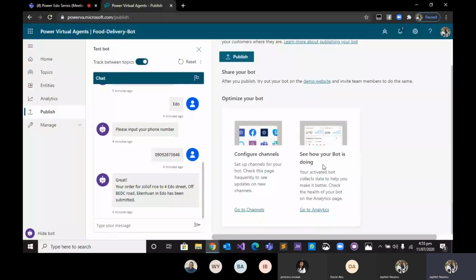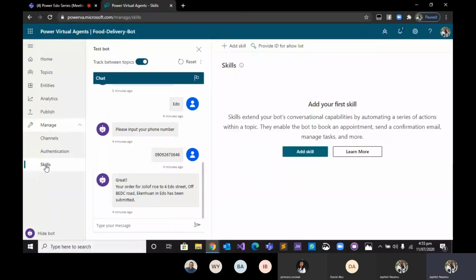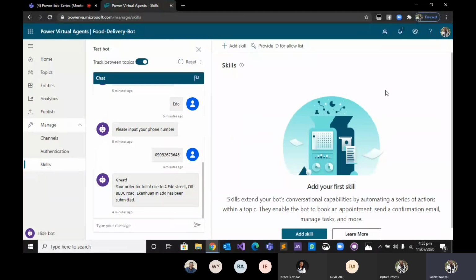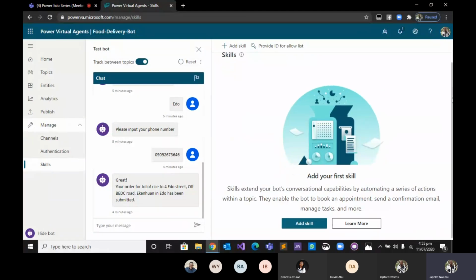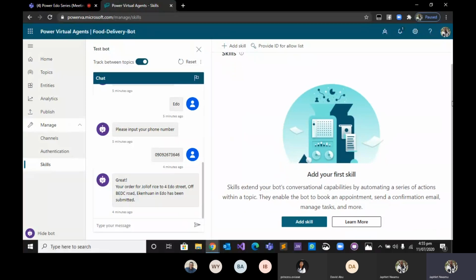Now next, you can always see how your bot is doing, like I mentioned earlier. A few other things I need to mention. You can add some other features to your virtual agent, like I mentioned earlier. Your virtual agent can do more than a normal chatbot would do. So that's why it's not a chatbot, and that's why it's preferred to be called a virtual agent. Now you can book an appointment. You can send a confirmation email. You can always add Power Automate to automate your processes and all of those cool things.